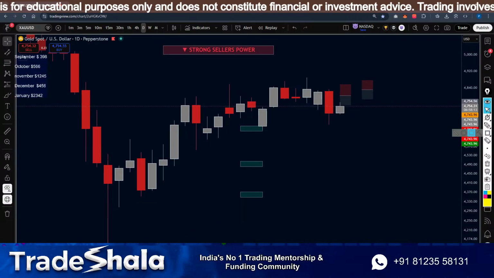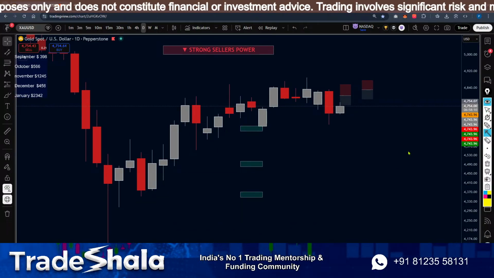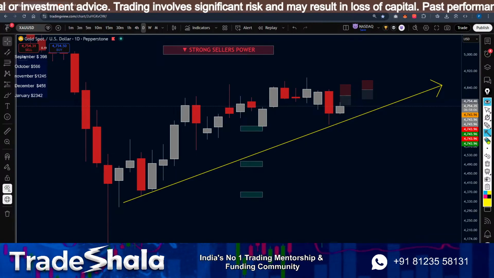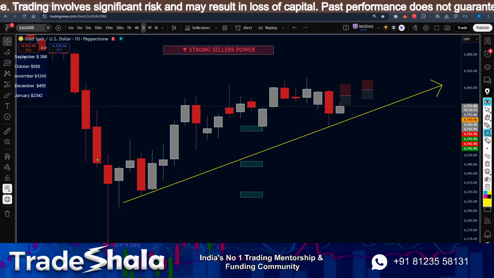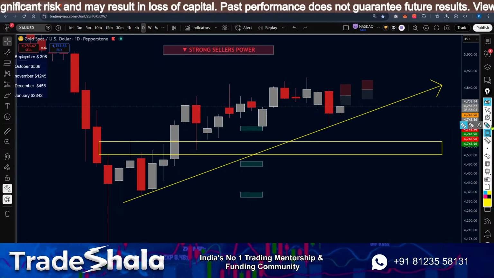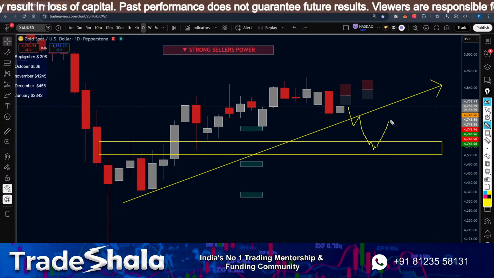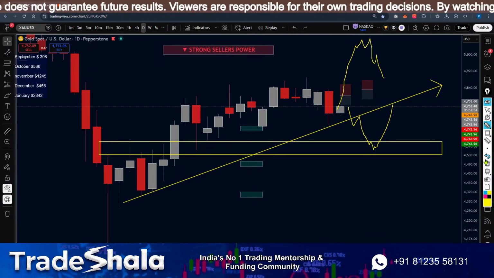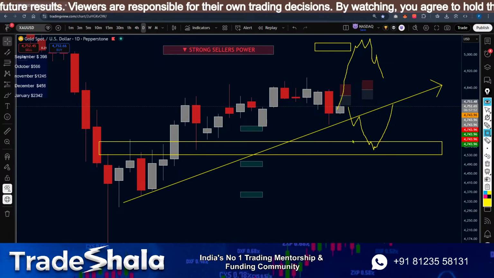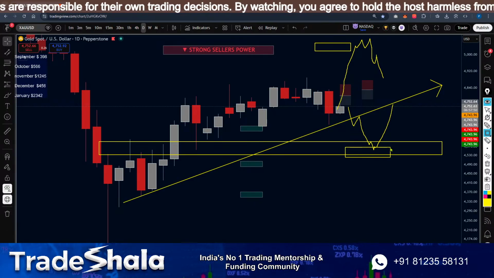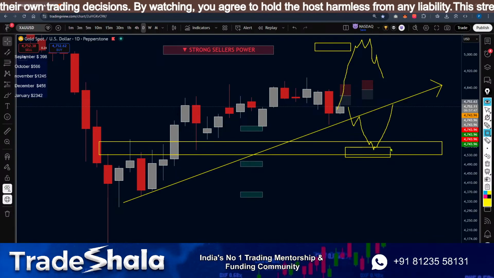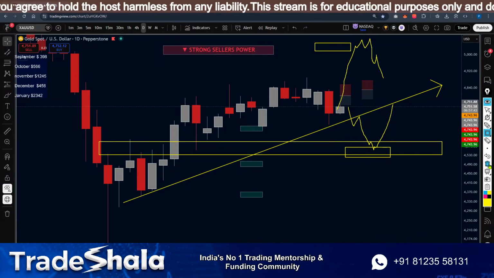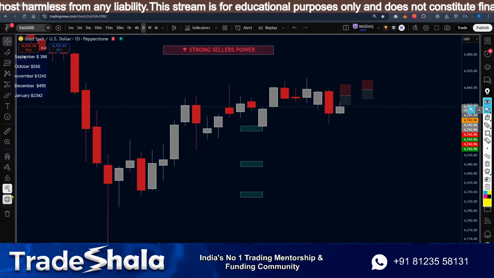So the thing here is, this is acting as support right now. The only two major support levels are these. Either it is going to come till here and bounce, guys, or else it will go till there and then look for a retracement. So either we sell over here or we buy over here. That's the plan. We're not going to complicate it. We're not going to trade inside the dead center, or else we will be squashed.